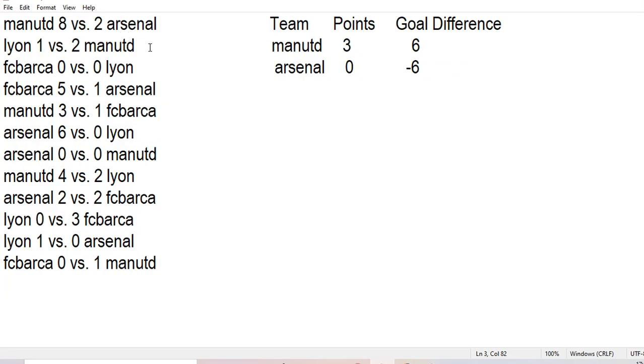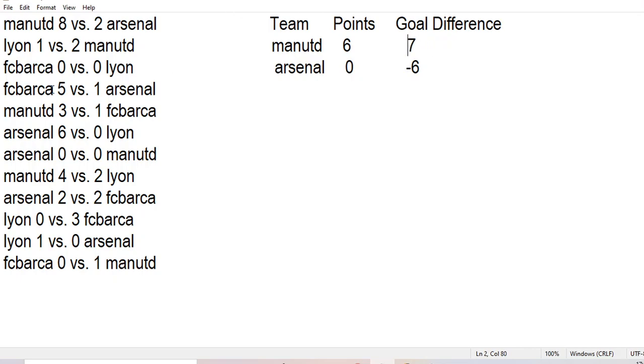Again for the second match I will check which is the winner. So I have to check whether that name is present here. Yes, so the points will just be increased by 3 and the goal difference will be increased by their score minus the opponent's score, and this will be 7.